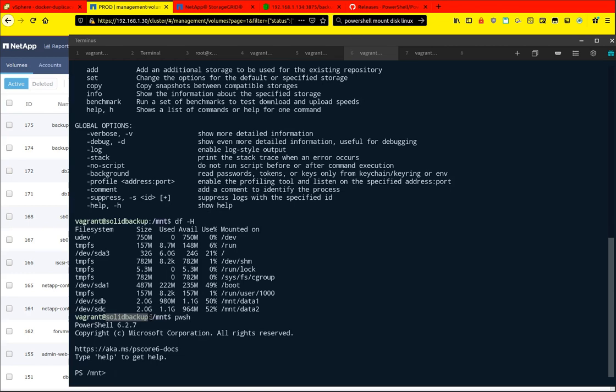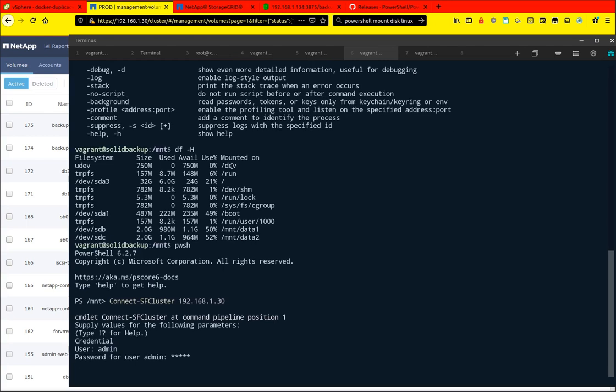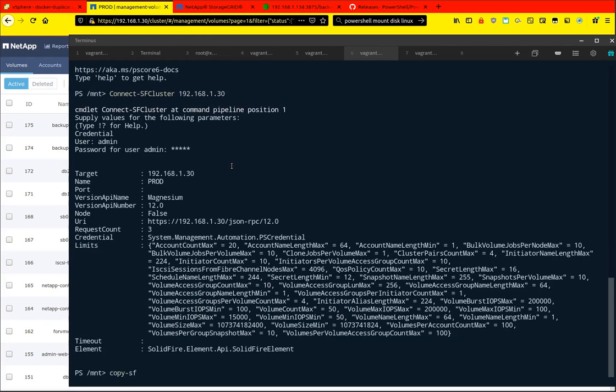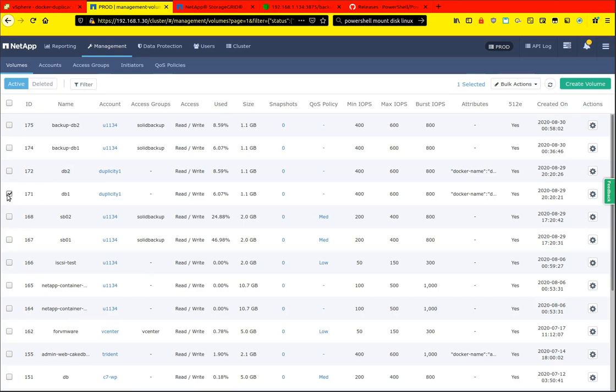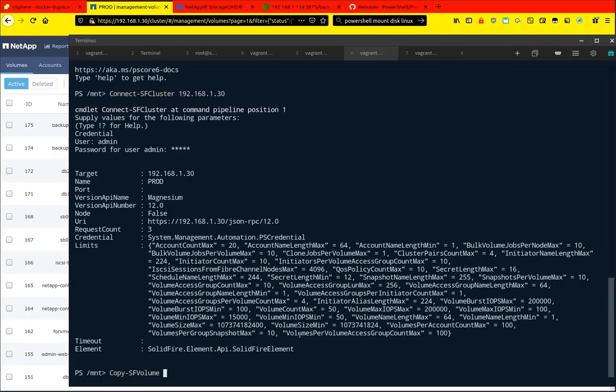And the other thing that I mentioned is, as we create the first clone, later on we can update this clone by resyncing the source to destination. To do that, we can use SolidFire PowerShell tools or SolidFire Python CLI or the API directly. In this case, in the same Solid Backup virtual machine, I have installed PowerShell 6.2. And now, if I wanted to resync this volume 171 to volume 174, I